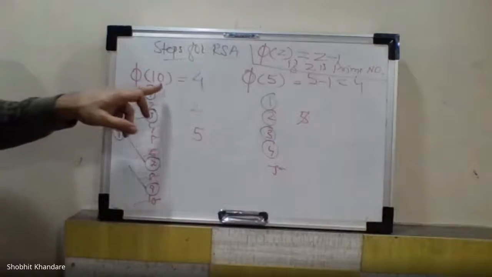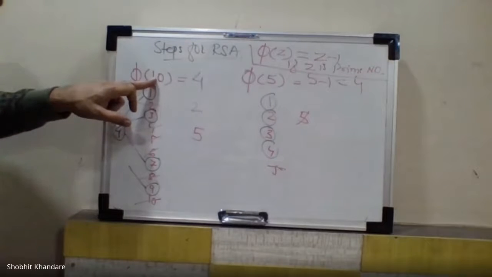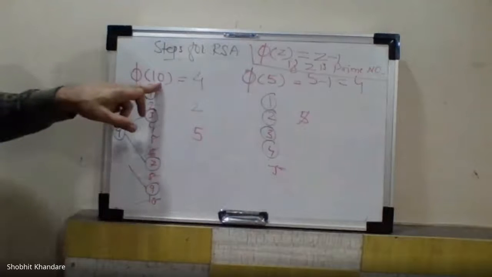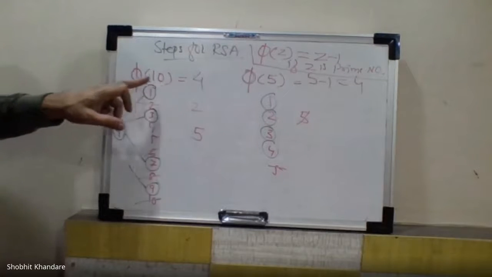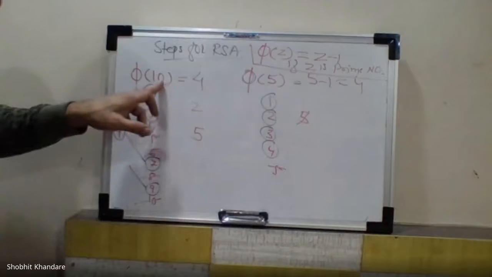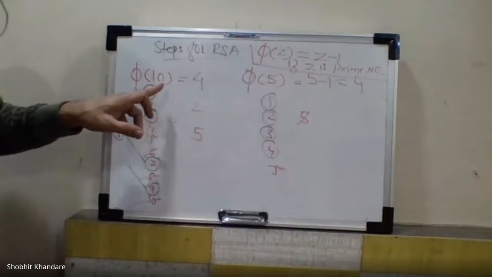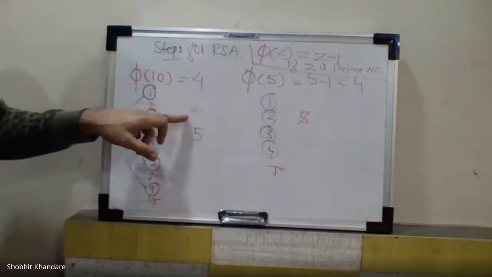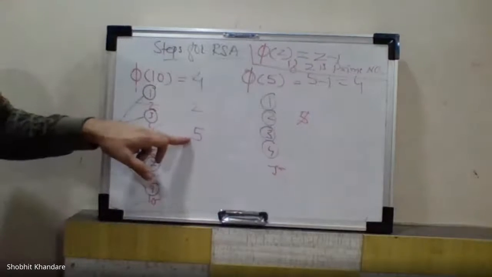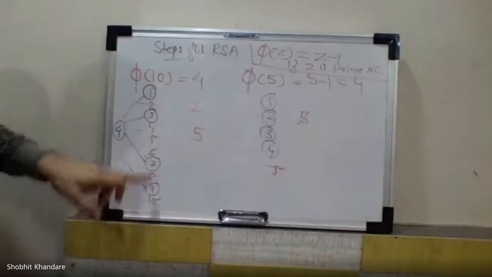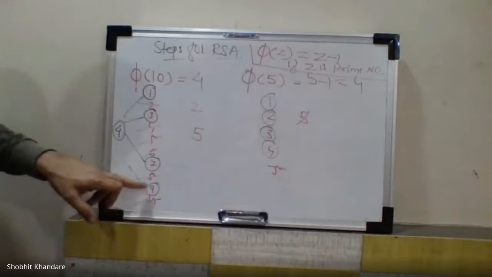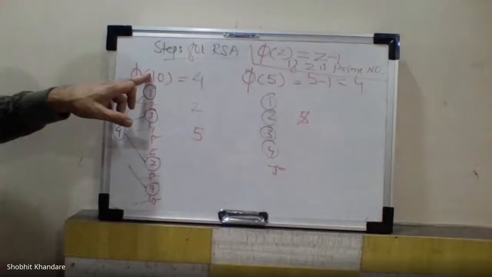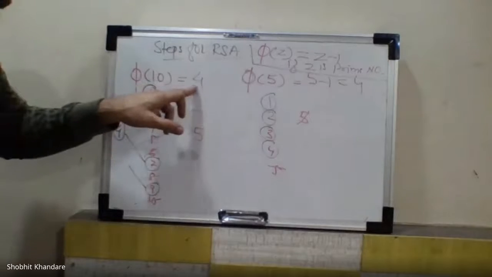If the number is not a prime number, then you just write down the numbers from 1 to 10. Usually these numbers will be small, so nothing to worry. Phi of 10, that is 1 to 10, write down. Then take the factors of 10. Do not take 1 and the number itself. It becomes 2 and 5. You cross the multiples of 2 and you cross the multiples of 5. The count of numbers which are not crossed becomes the totient function of that particular number. So the totient function of 10 is equal to 4.